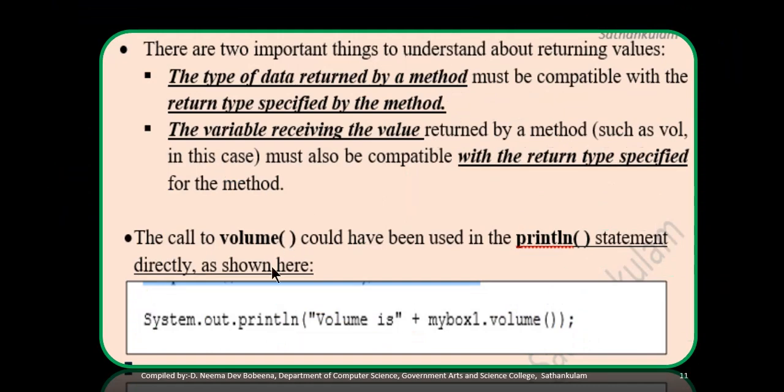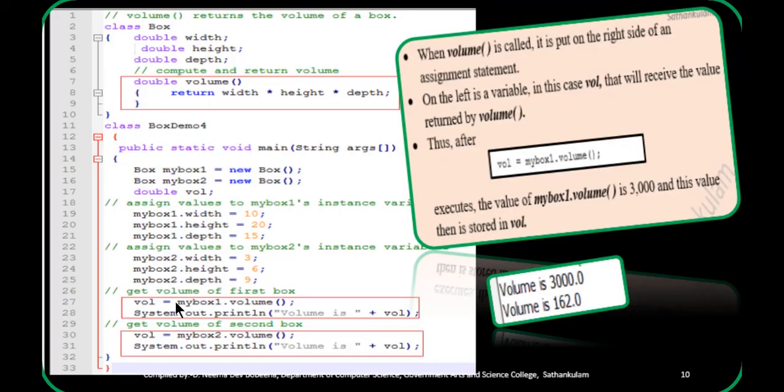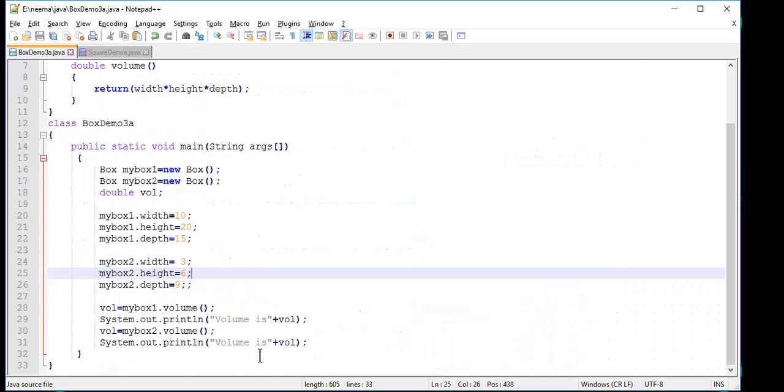So here we can make another slight change. Instead of displaying the volume as vol, where we have stored the values in vol and then displayed, instead of storing in a variable and displaying, we can directly give mybox1.volume in this place. We can modify and see the program.